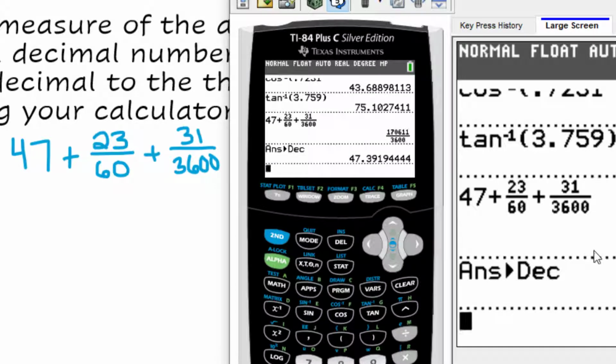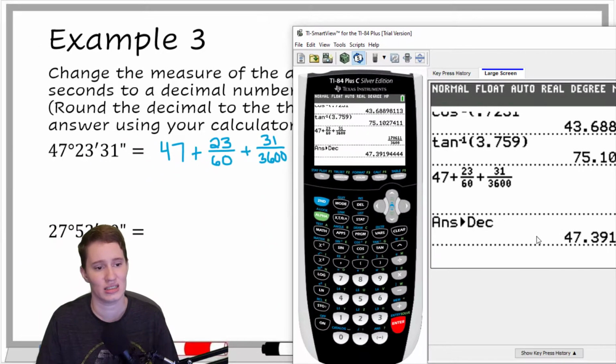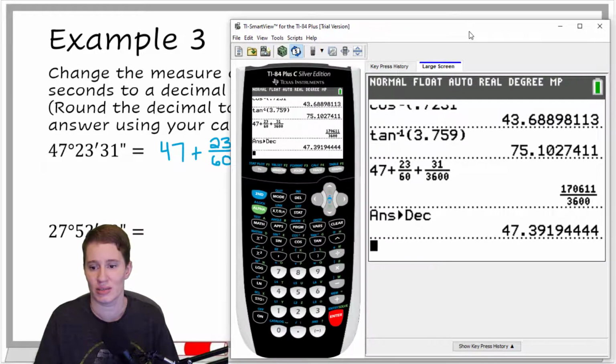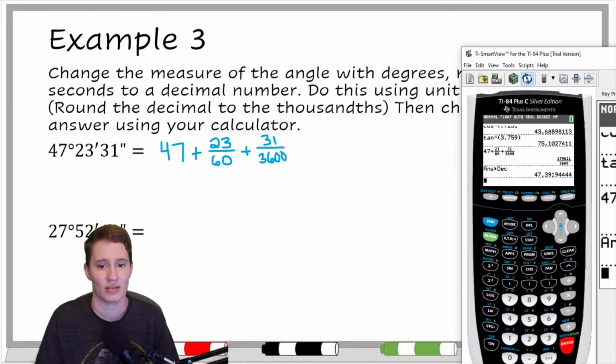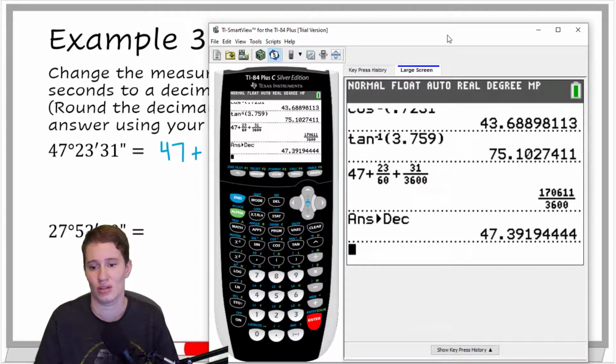So what I find interesting is that this long decimal that we have was kind of shorter to write in degrees, minutes, and seconds, especially if you consider that with degrees, minutes, and seconds, in theory, we didn't round to get it, whereas here with the decimal, we would have to round. I don't know, I just thought that was interesting. Oh, you maybe couldn't see the whole thing. What am I rounding this to? The thousandths, so that's 3 decimal places,